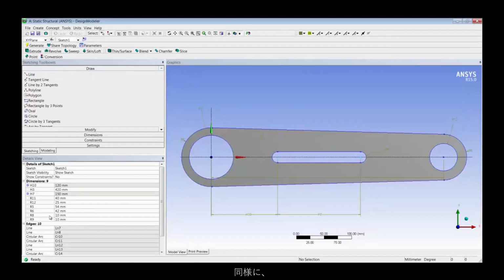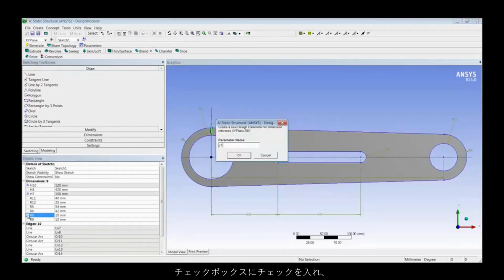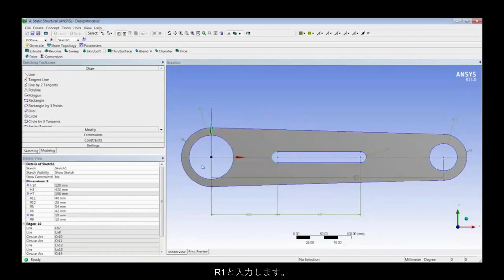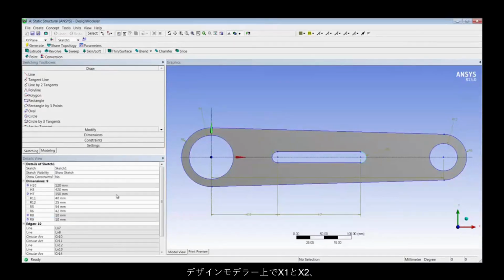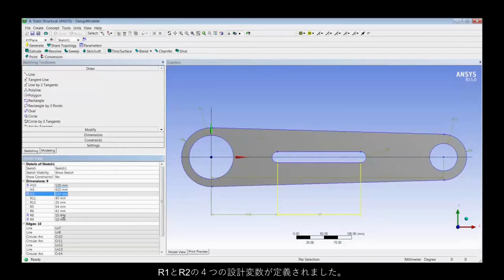The same, we're going to define the first radius of the slot, and we're going to call that one R1. So click on the box and just define that as R1. And the second radius as well, which is R9 in ANSYS, we're going to call R2. We'll see where that comes into play later when we do the tagging portion in HEEDS. So now that we have these four variables, X1, X2, R1 and R2 defined inside of the Design Modeler,